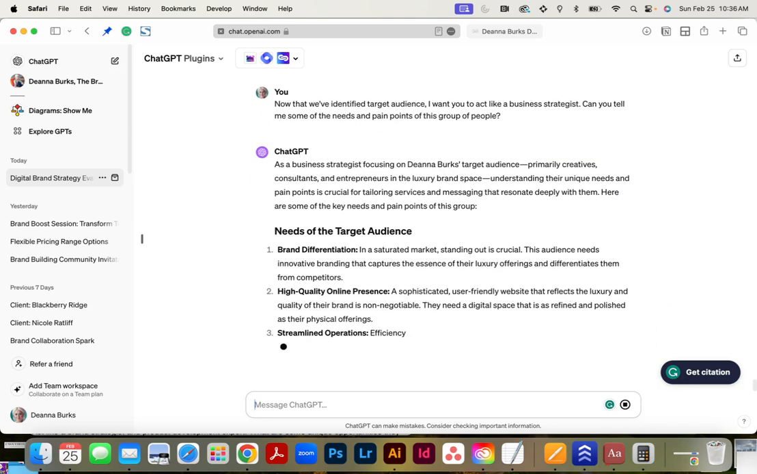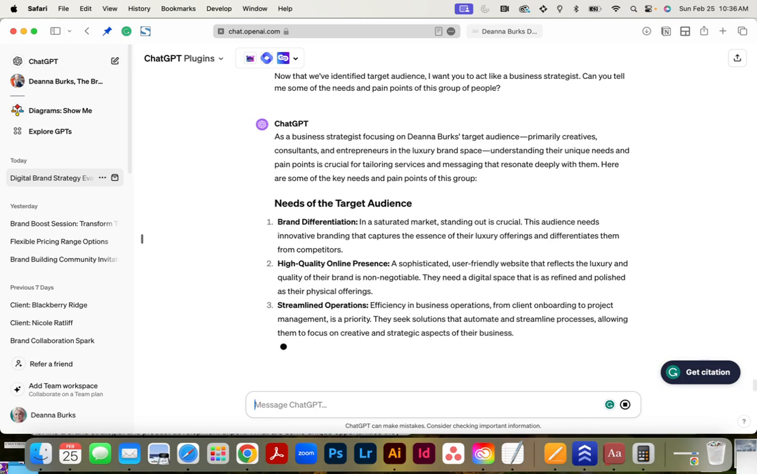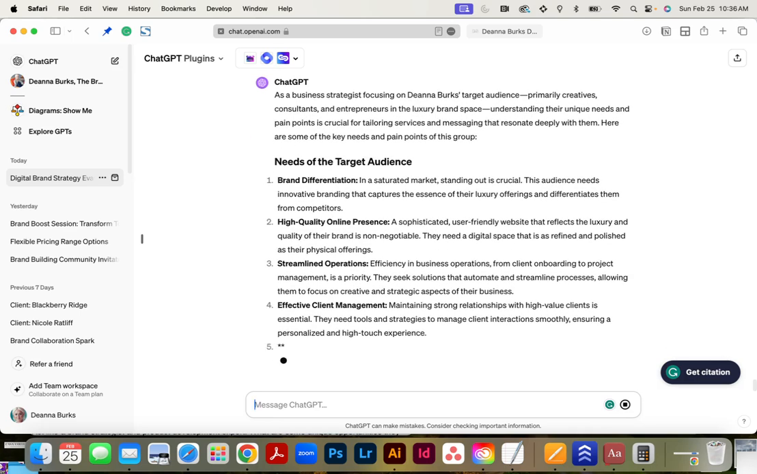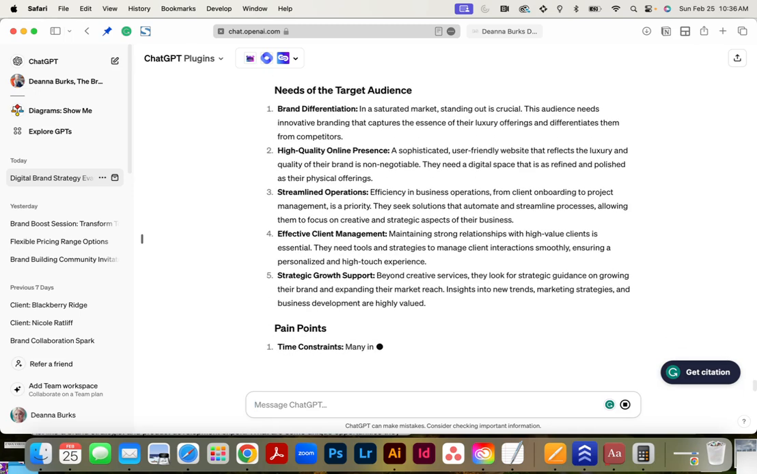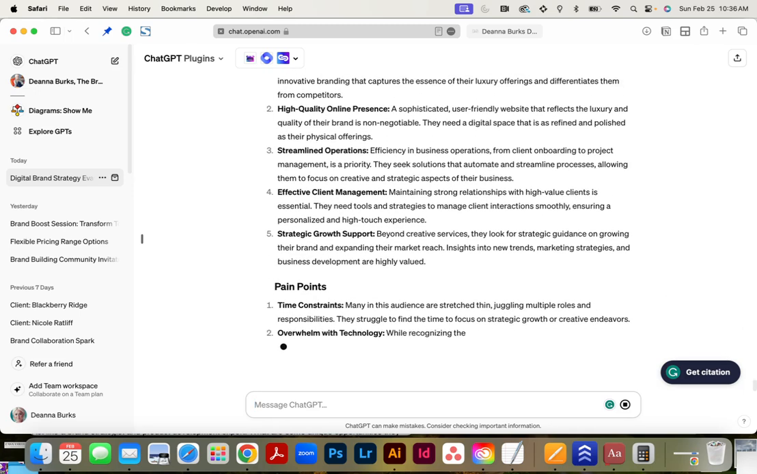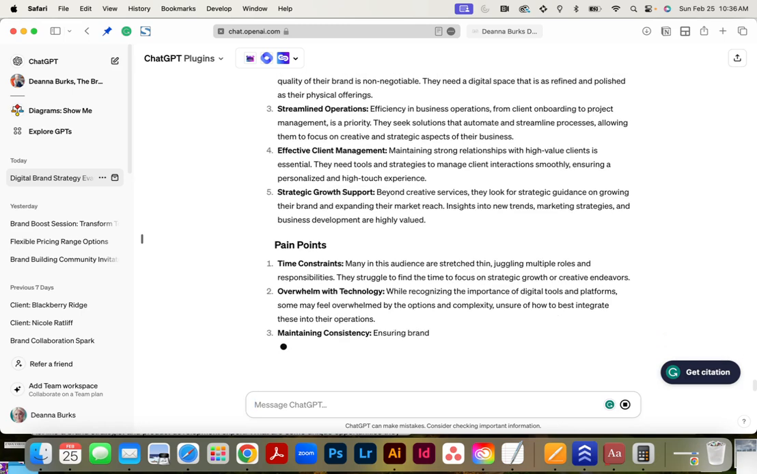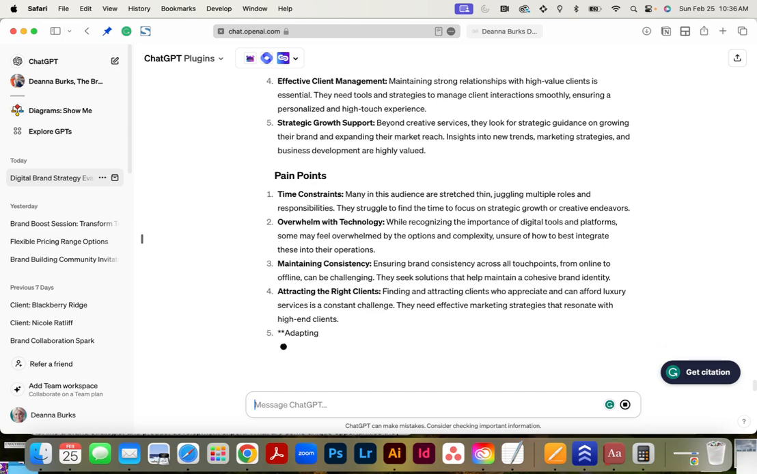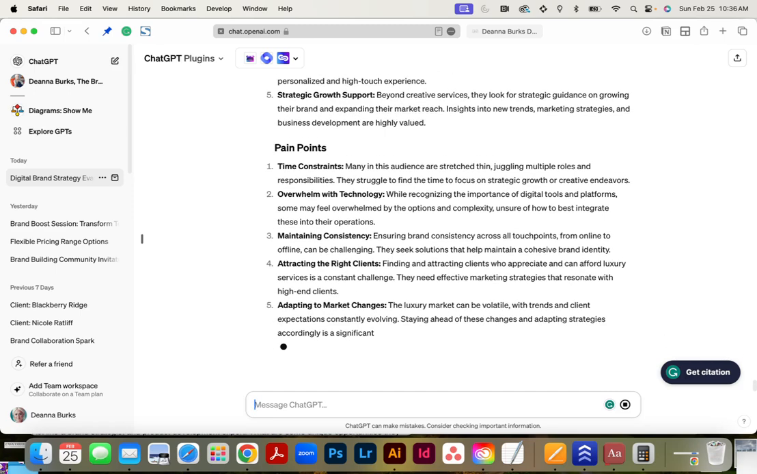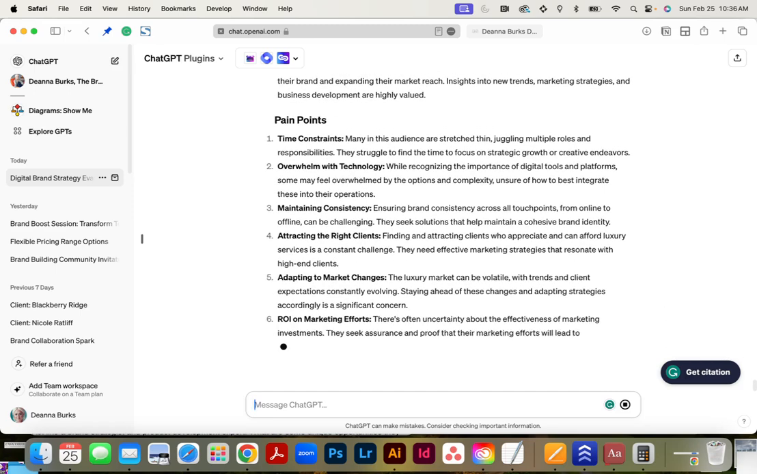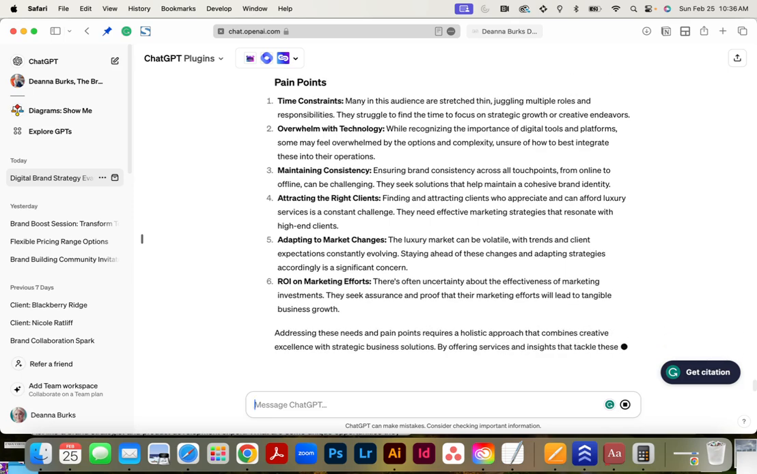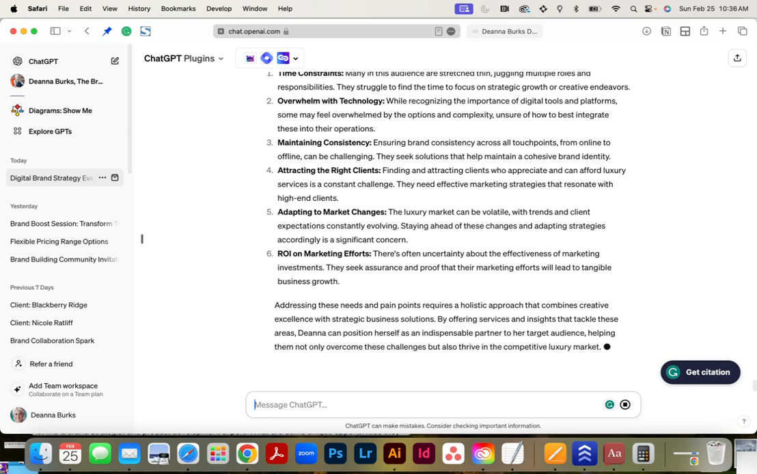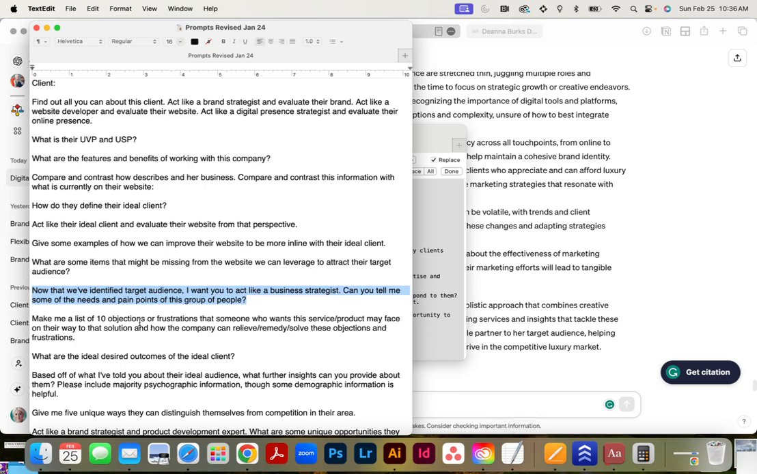And as you can see, it immediately starts to give solutions or identify the needs and the pain points in two distinct categories. So they're listing them out in two distinct categories so that we can deal with that information once it's generated. Okay, so now what we want to do,